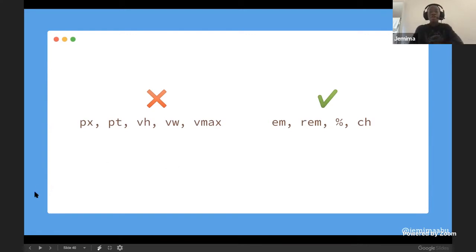So, the units that are commonly used, or that should be commonly used for setting font sizes, should be like EM, REM. Percentage is kind of iffy depending on the context. I would also use percentage in calcs, and I would not set a width to a percentage exactly for text, but it could also be used. And CH. CH is a really cool property that allows you to set sizes according to characters and not according to